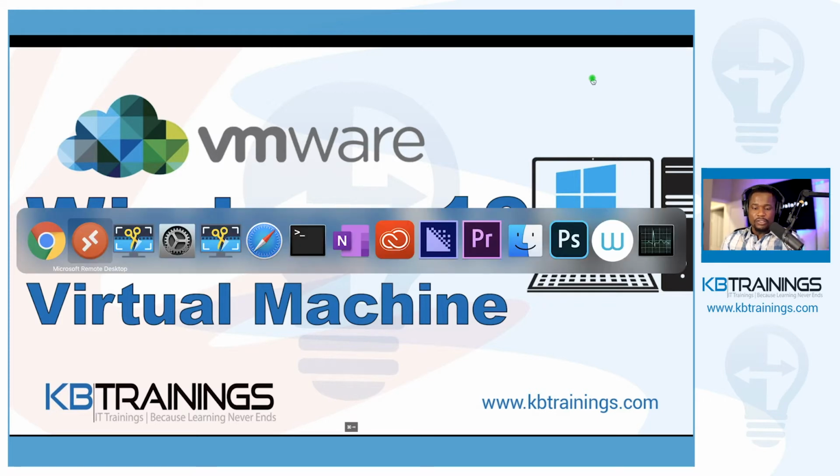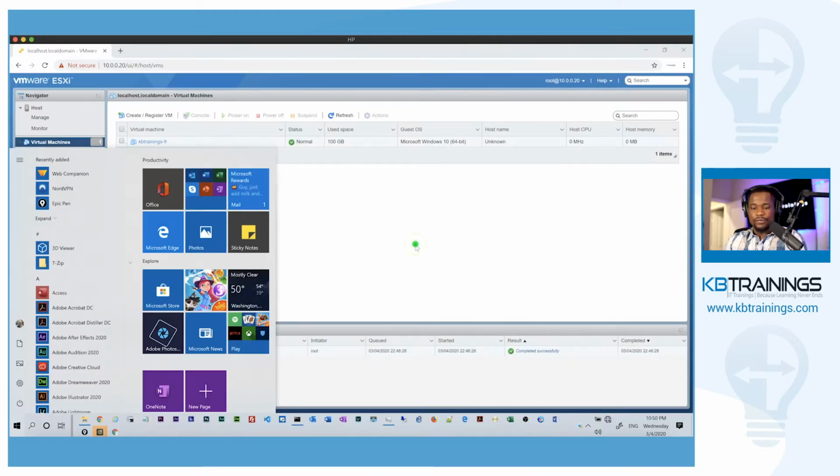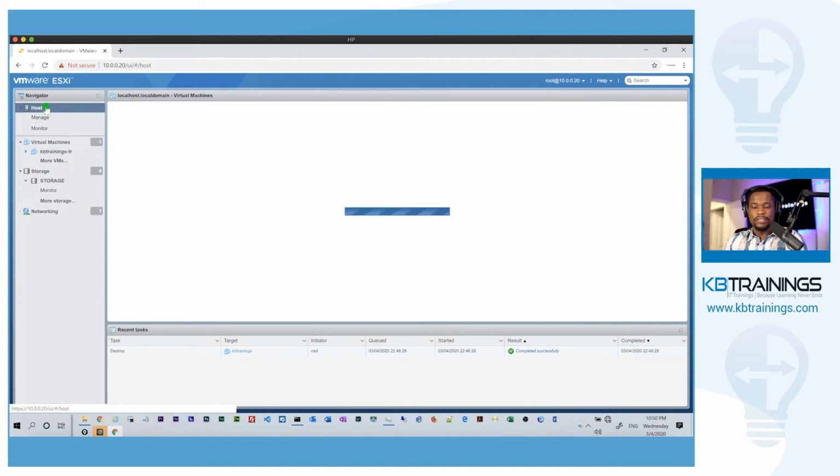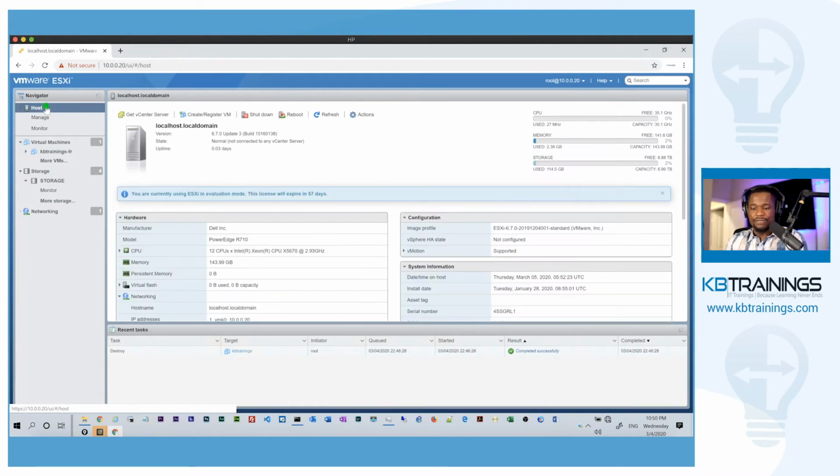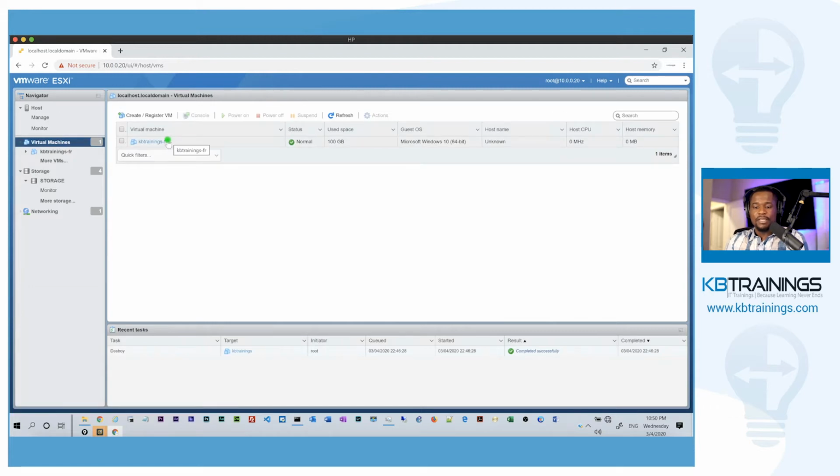So first of all, we need to go in our server. It's right here. This is our host that I installed in one of my last videos. So you can see that I just have a single VM. This is the same computer, the same Windows 10 that we're going to install now, but this is the